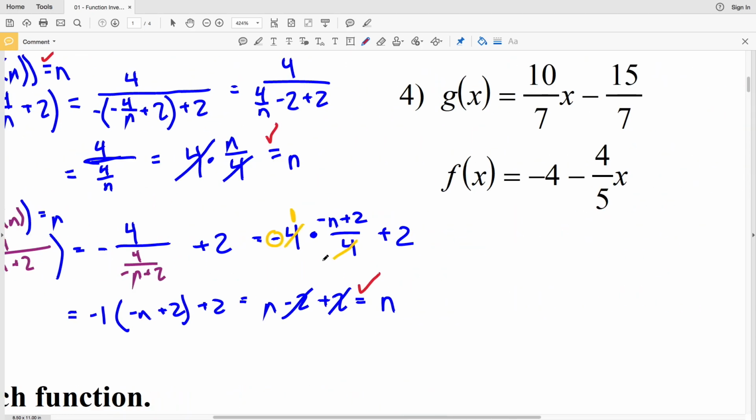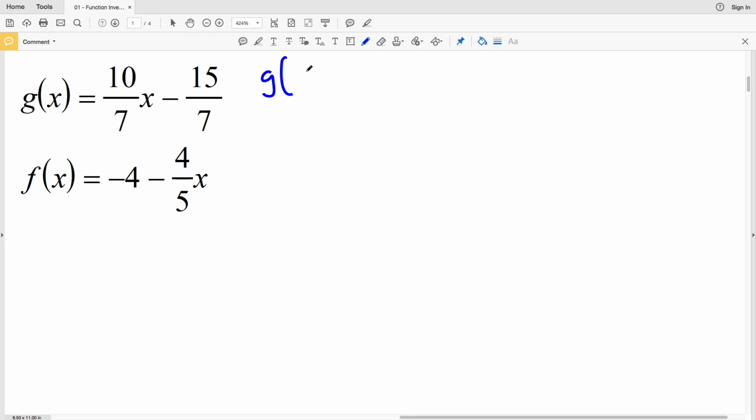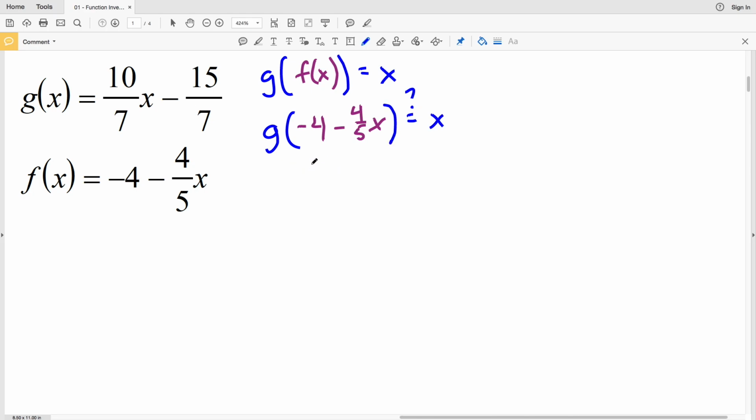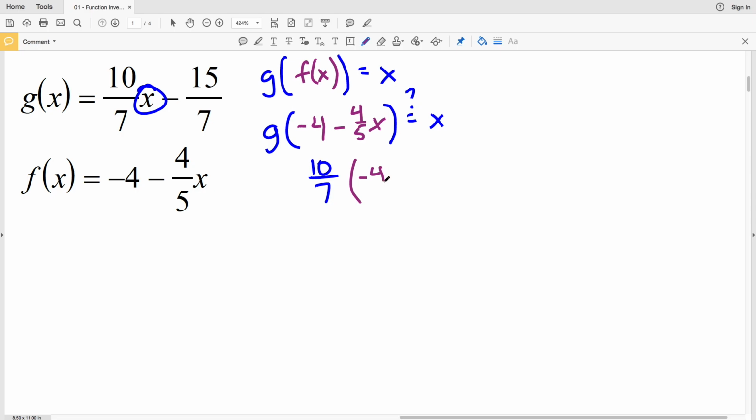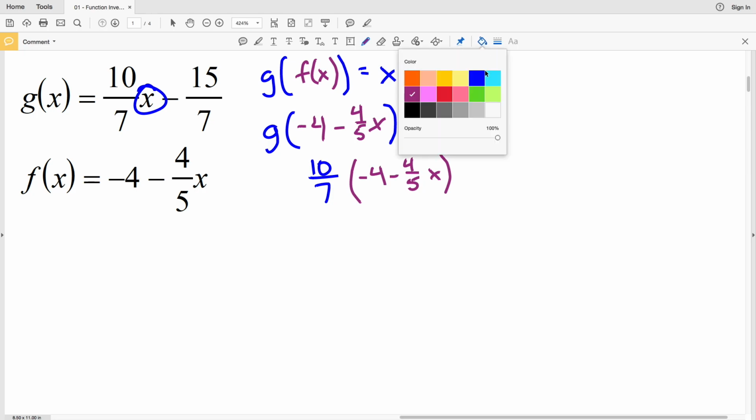And now on to number 4. For number 4, let's start and see if g of f of x equals x. So I'm going to take g and plug in f of x, which is negative 4 minus 4/5 x. Does that equal x? So for g of x, we'll have 10 over 7, but as opposed to using x, we're plugging in f of x. So 10/7 times negative 4 minus 4/5 x, and then we're subtracting